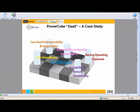Basically, whatever we did internally to achieve optimization at the collaboration level as well as the communication level, we deployed PowerCube internally in order to complete the pilot and learn the best practices, fine-tune our PowerCube desktop as a service solution, and we prepared it as a case study in order to highlight